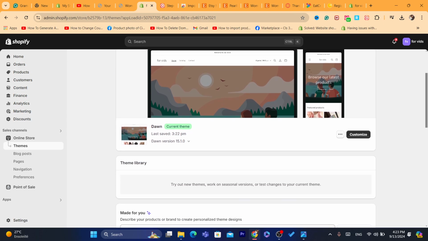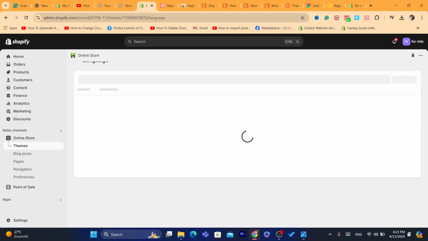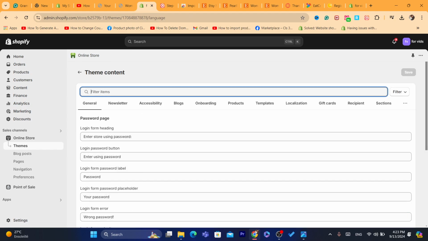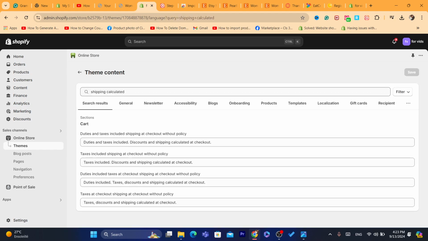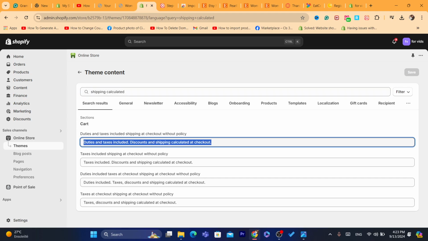Click on these three little dots here, and then click on edit default theme content or edit languages, whatever you see there at the very bottom. Click on it, and then after you are on this page, you want to search for shipping calculated. Now after you search for shipping calculated, taxes included, discounts, shipping at discount, and after that you want